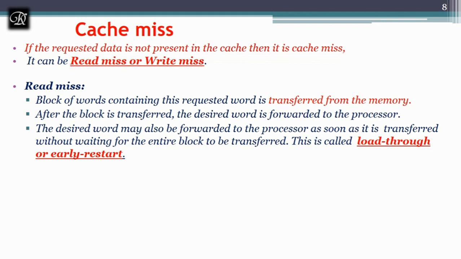For example, I'll take an example of arrays. I have a 100 element array, and I have to perform the operation of the sum of n elements, that is 100 elements. Now I have brought into the cache only the first 5 elements. The remaining are on the way. So what can I do?